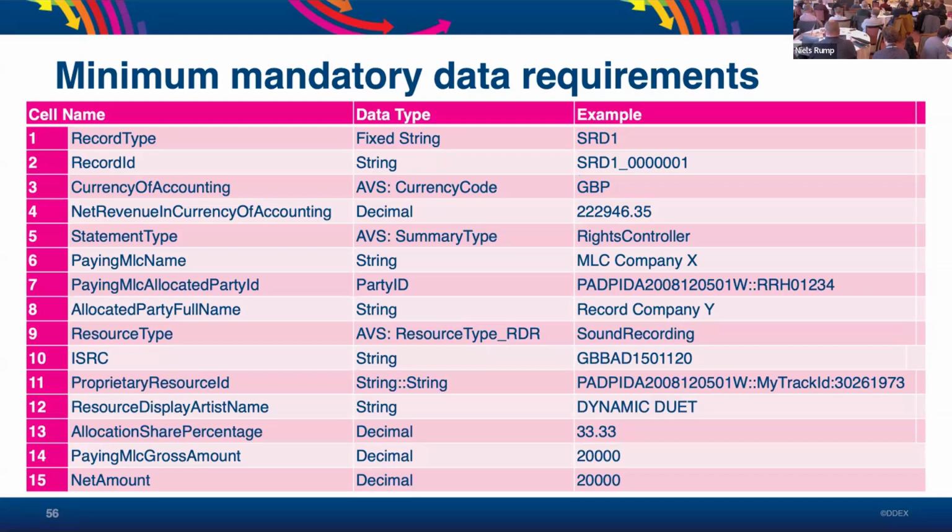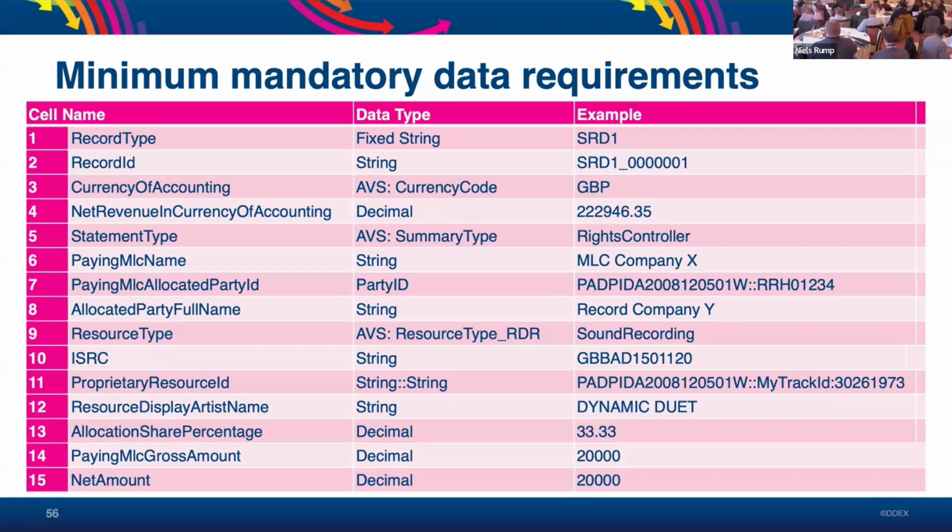You need to identify whether the record is for a recording or for a music video. In another scenario, it would be for resources in the audiovisual content, but then you would have other fields to populate. You have the opportunity to send a proprietary resource ID, and I need to specify that the ISRC, and the documentation will say that it's the ISRC the MLC has in their database and sends to the rights controller. ISRC is in that list, although it's not mandatory in the specifications.